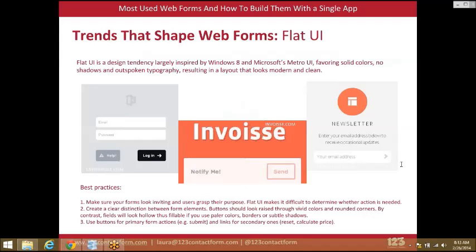The third best practice here would be to use buttons for primary form actions, for example, for submitting the form. And if you have secondary form actions such as reset or calculating the price, you'd better use links. Okay. The next trend